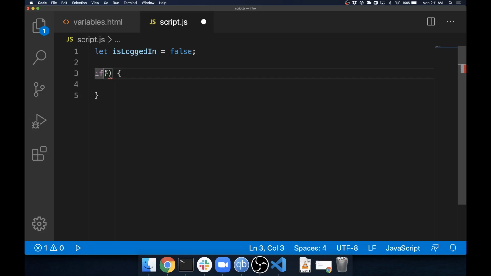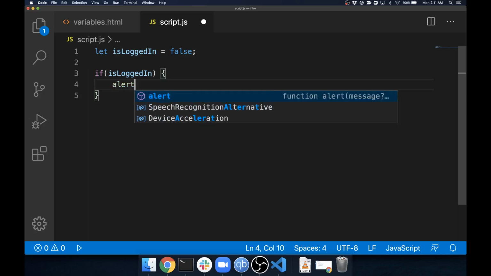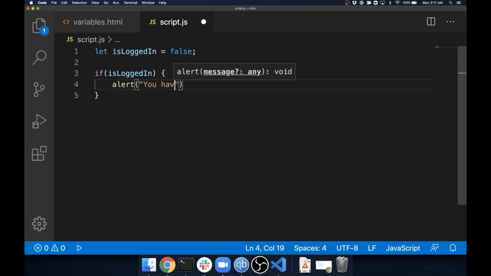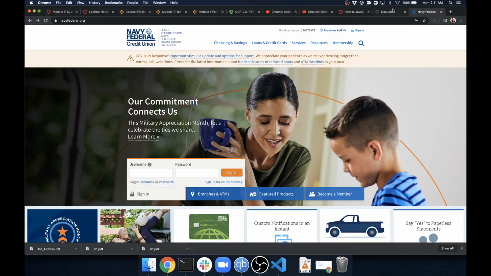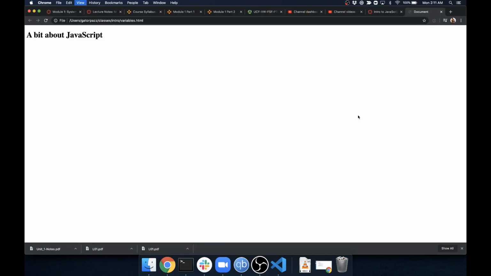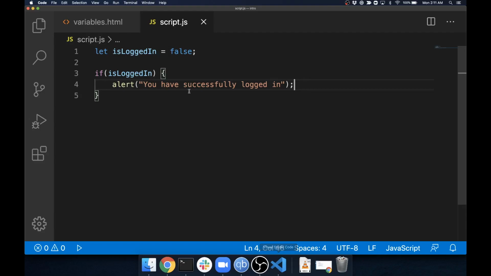And so if we put is logged in, which is set to false, and then we say alert, you have successfully logged in, let's see what happens when we try to run that code. So I'm going to exit out of my bank, and I'm going to refresh this page. You notice nothing happens. There's an alert statement that says you have successfully logged in, but that code doesn't run,